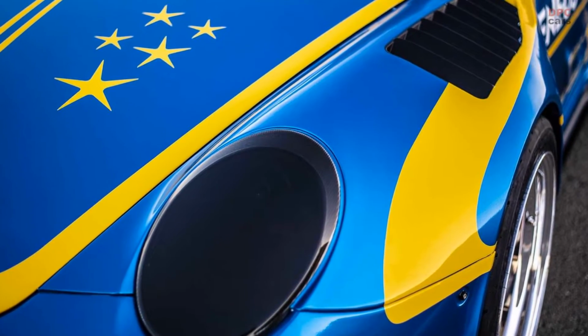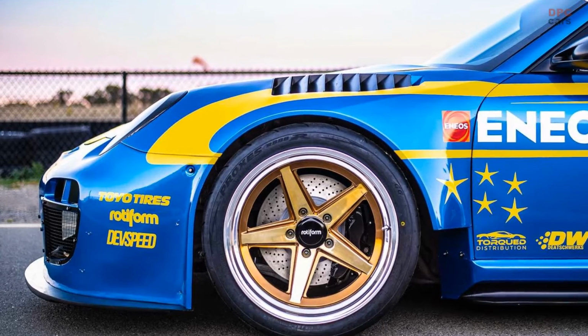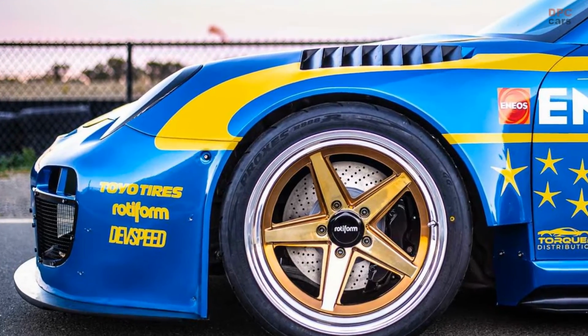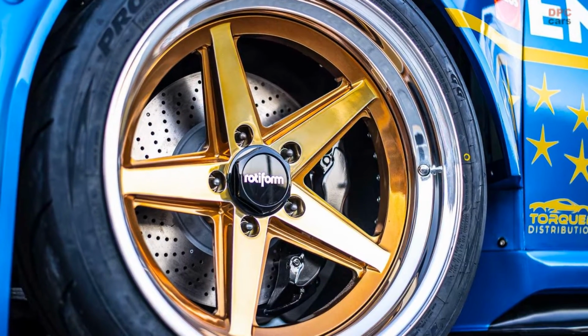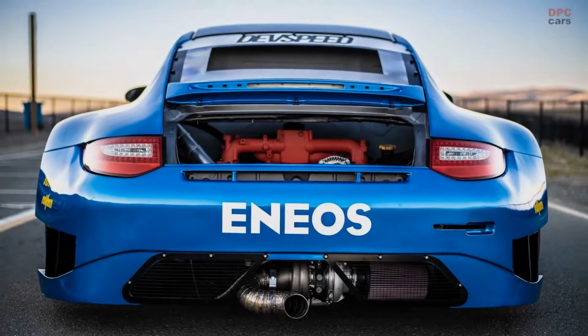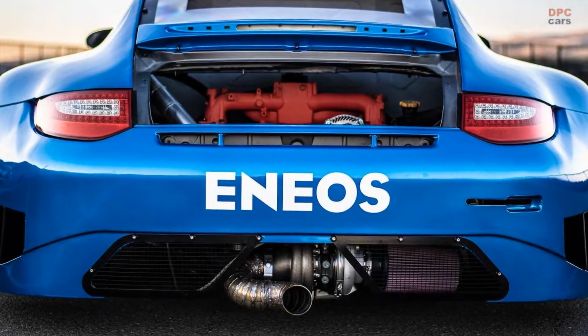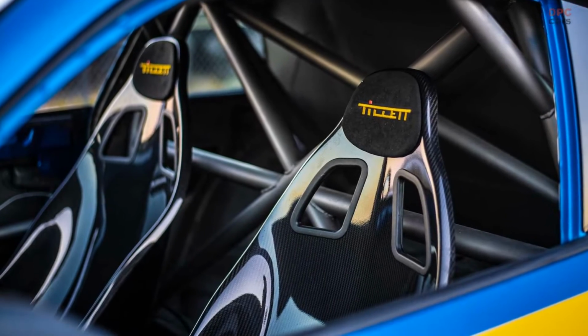EJ25 engine to keep the boxer configuration, uniting two companies with incredible racing heritage both on tarmac and in the forests. The goal was to create a track car. The EJ25 is 170 pounds lighter than the original GT3 powerplant and can be modified to exceed the 911's stock